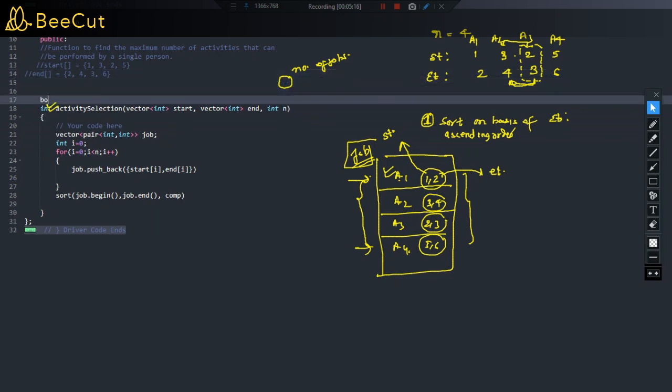So, a boolean function compare. Now what is it going to receive? This function will receive these two things, this element and this element. It is going to receive two elements, because we are going to sort the array elements of job. Basically each is an element of type pair integer comma integer. So I should write here boolean compare